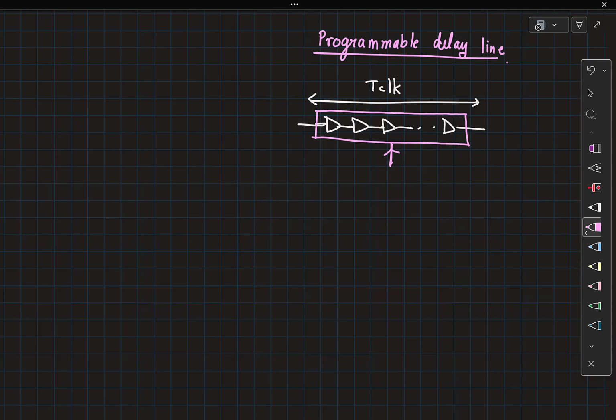So this quantity could be voltage, it could be current, etc. Now, most likely you are going to see that there are a lot of delay lines where this programmability is coming by tweaking a voltage here. So I'll call this a control voltage. You change this control voltage, the delay of this buffer chain is going to vary.